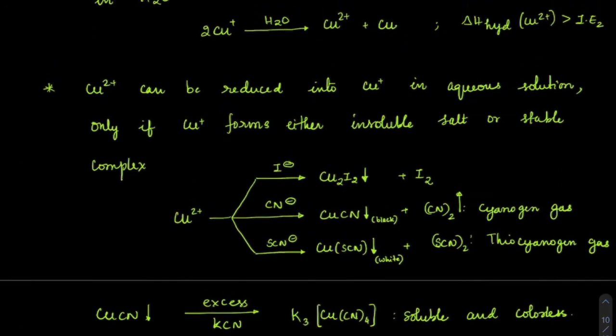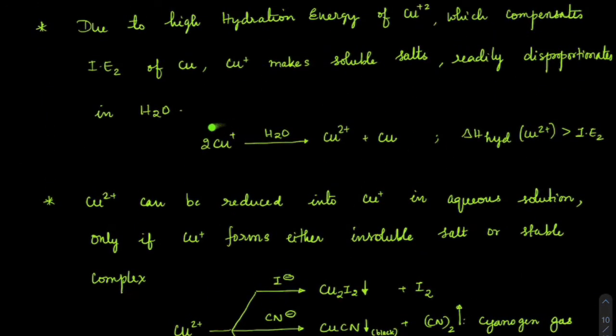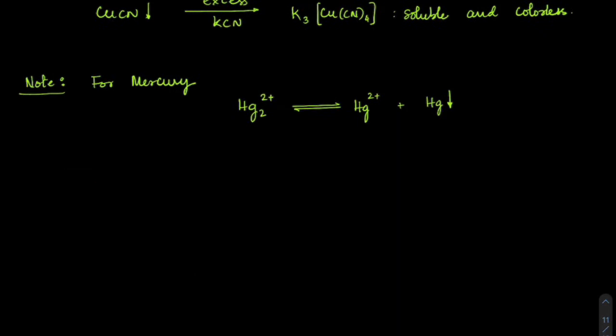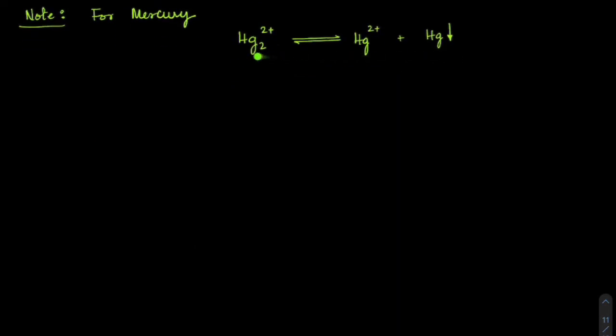Okay, just if you go back here, we seen the similar thing, copper plus converting to copper 2 plus and copper. Okay, ये भी equilibrium में है, ये भी equilibrium में है, but this equilibrium is more onto the right hand side. Usually copper +2 easily बन जाता है. Reason being, you can check it out, hydration is very high compared to that of ionization. Yeah, but in the case of mercury, इसका equilibrium, it would have a good amount of equilibrium, as in the reaction would be on the left hand side, unless there is some motivation for Hg2+.